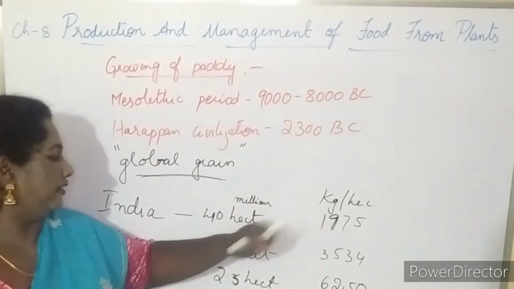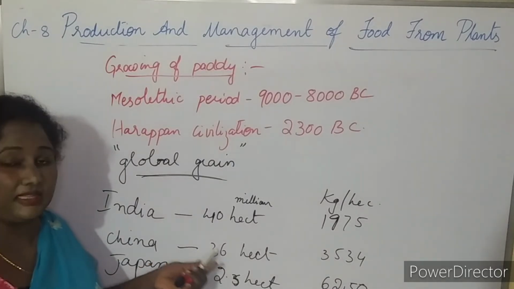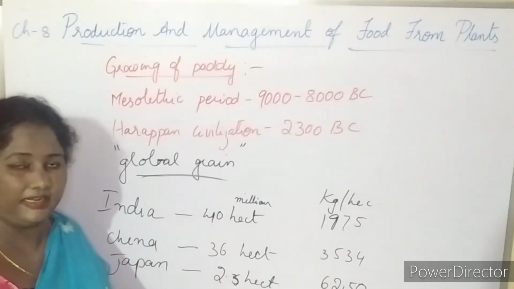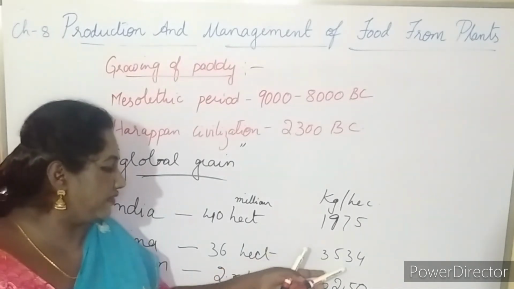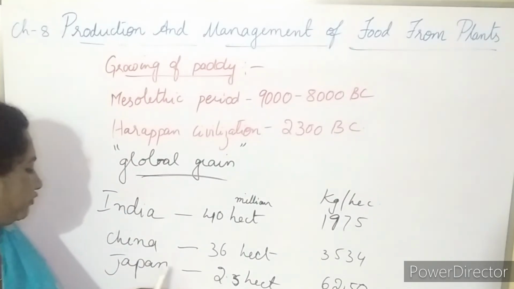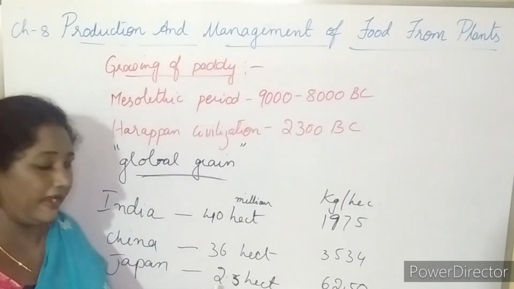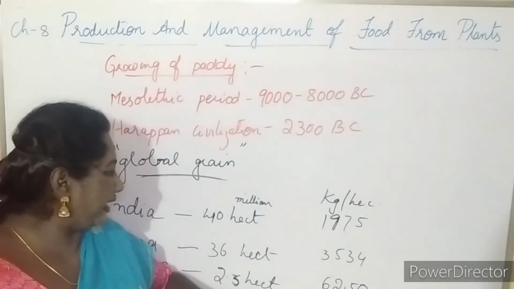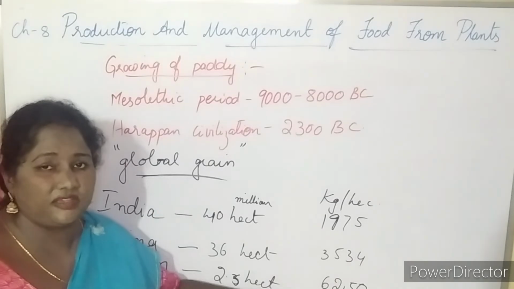In China, 36 million hectares are cultivated, and the production per hectare is 3534 kgs. And in Japan, 2.5 million hectares are cultivated for paddy, and the production per hectare is